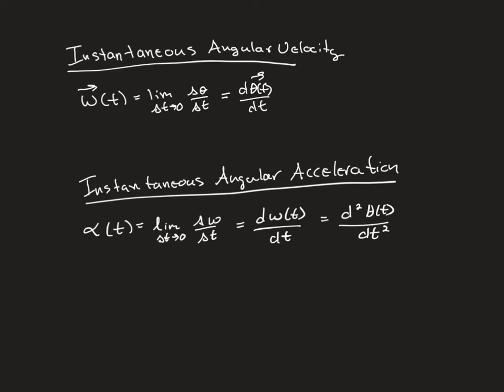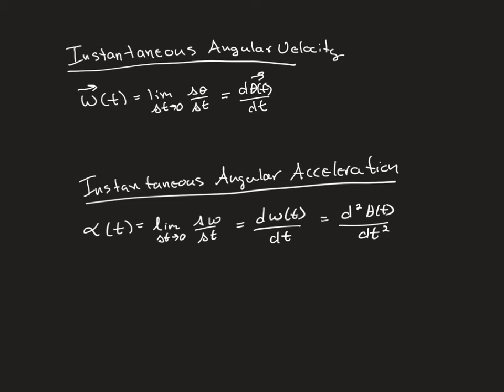Alright, so we've already discussed angular average velocity and angular average acceleration. But I'm going to go back with a quick reminder that in calculus-based physics, we have the ability to easily find the velocity or acceleration at one particular moment. And we do that by decreasing delta t, because remember the delta t is on the bottom, so the smaller we make delta t, the more likely we are to have it at one particular moment, where the difference between